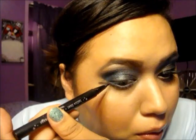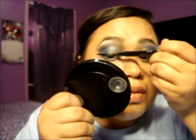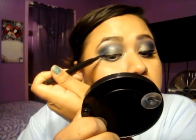Then you want to do your eyeliner. Now I did a really dramatic wing, just because I wanted it to be the same length as the bottom line. Go ahead and do it the same length as your line on the bottom. There you go. Once you're done doing your dramatic wing, which, like I said, you don't have to, it's an option, but I did because I like for my eyes to be really dramatic. Once you're done doing your liner, you want to